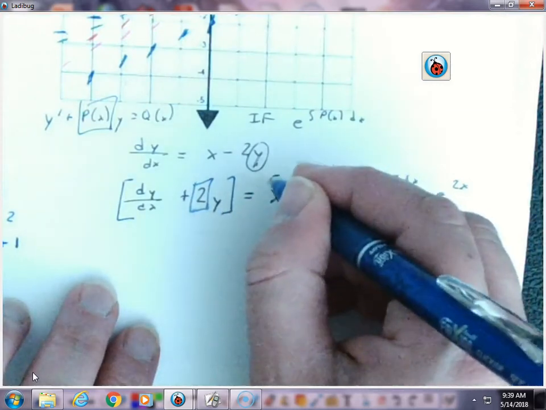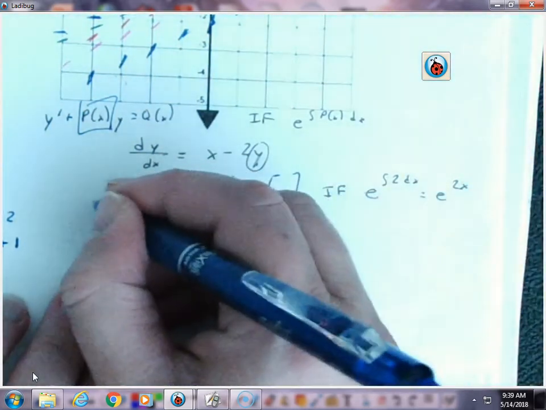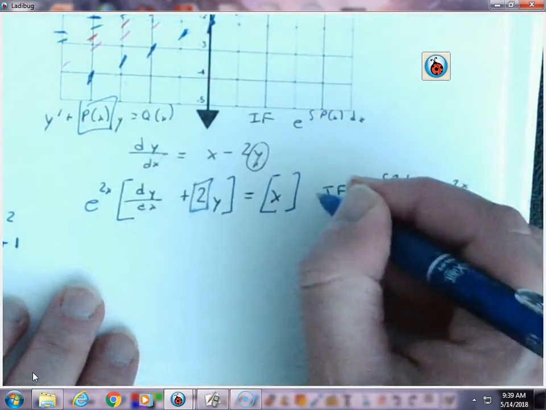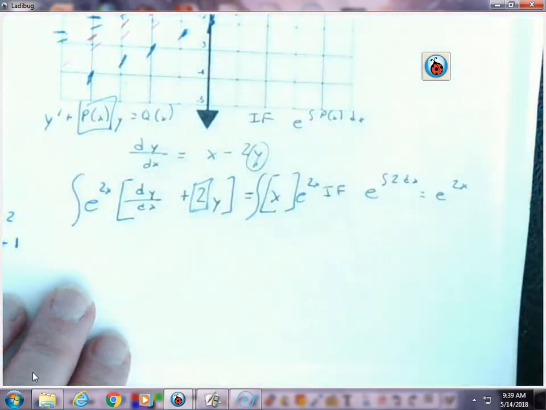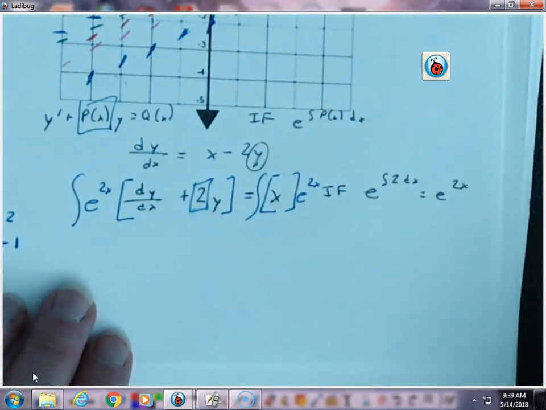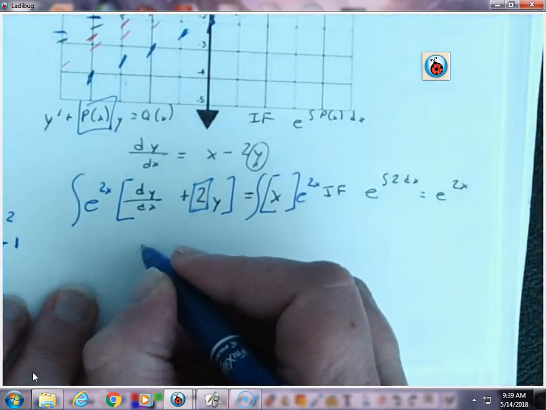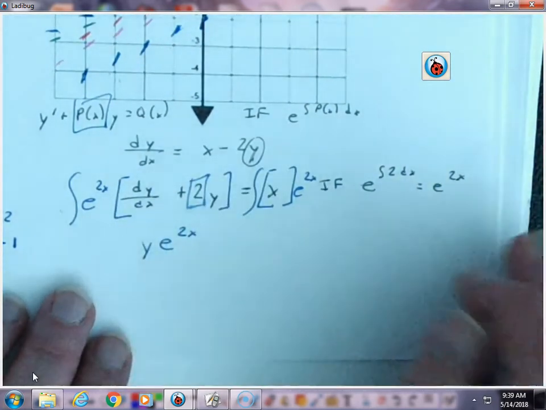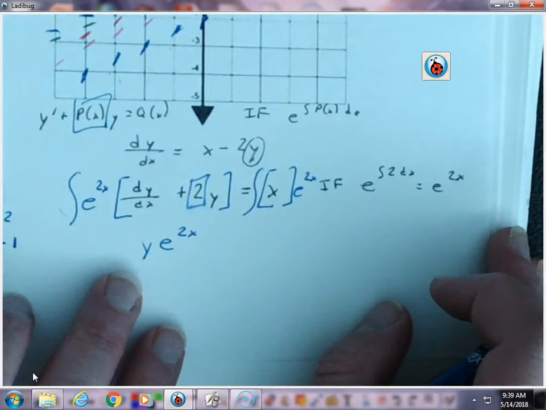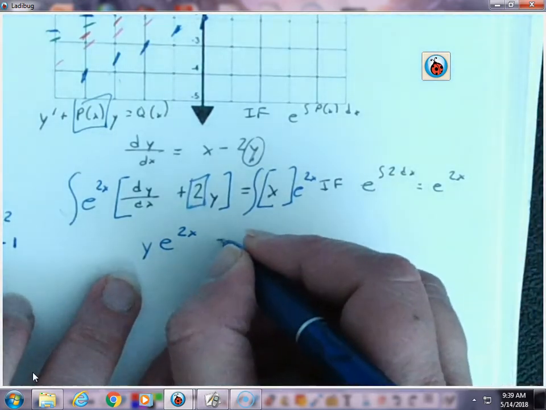Okay, so I'm going to multiply both sides by the integrating factor. So I'm going to put e to the 2x on both sides and integrate. And it looks kind of scary, except that on the left-hand side, it's just going to turn into what? So all of that whole left-hand side, it just turns into y times the integrating factor. And then over here,